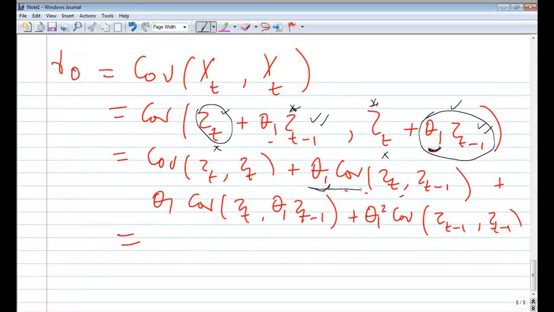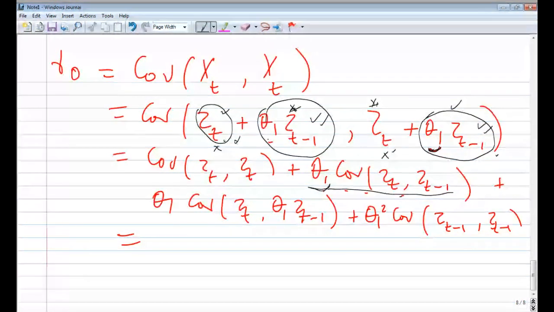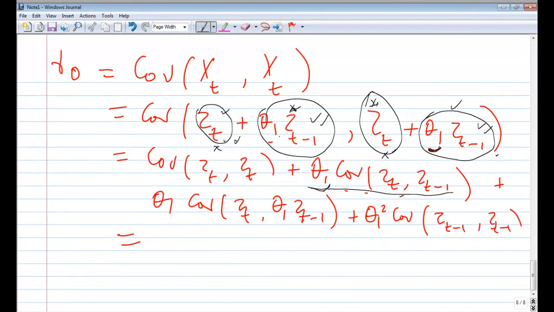So the next one, because zt has to be combined with zt, and zt again has to be combined with theta 1 zt minus 1, you come to theta 1 zt minus 1, which is this one. You combine again with what? With zt. Then theta 1 is a constant, that is why it's outside here. Then you put the covariance, which is this one. Then you take zt. It's the same. You can just start with zt minus 1. Zt is the same thing, as long as you are multiplying. Or you can start with zt, then write this one.